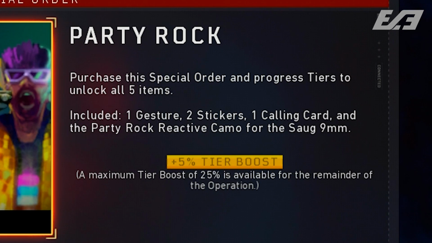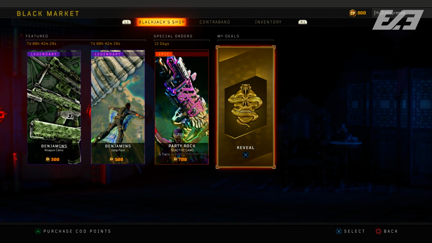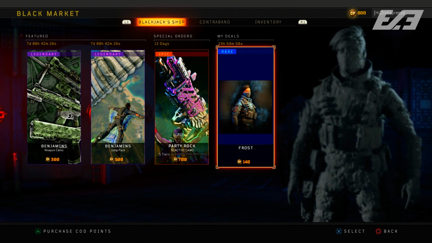But the cool thing is also that these do stick with you for the entire operation. It's not like it's a +5 for a couple of days. It's +5 and then it will compound with other deals you can end up taking advantage of later on throughout the operation. The final thing that you'll end up seeing in the Blackjack shop is the new My Deals section,